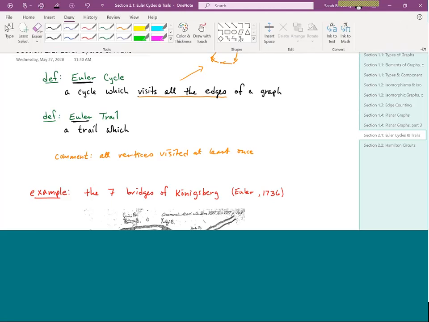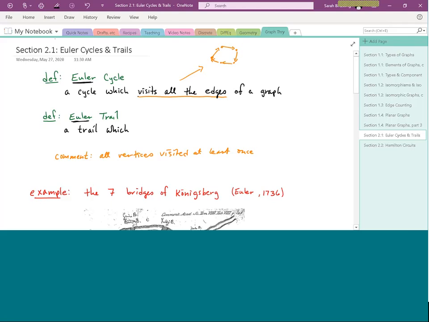Okay? So that would be an Euler cycle. Now, an Euler trail is the exact same definition, except we're replacing the word cycle with the word trail. So this is a trail that visits all the edges of a graph. And again, with a trail, it doesn't matter if you ended up having to visit your vertex